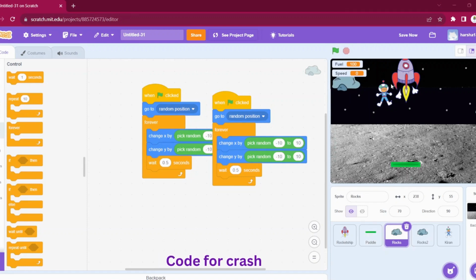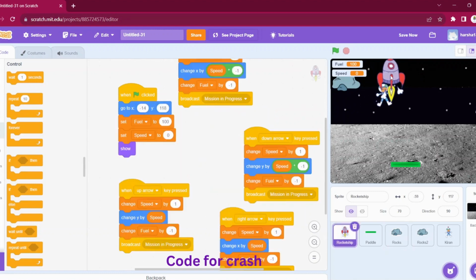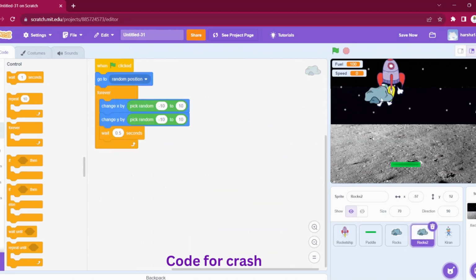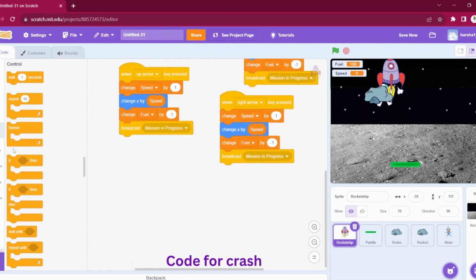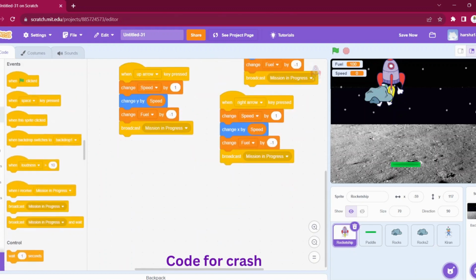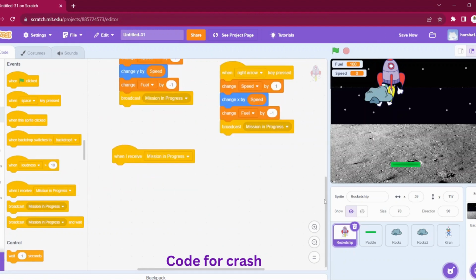Now we want to write the code for when the lander is touching the rock. We want it to crash and we want to give a message to try again. Okay, so for that, let us write some code. I will go again to the rocket ship and let us go to events. Now when we receive a broadcast message of mission in progress, so that is when we are going somewhere with the arrow keys, we will add the if condition